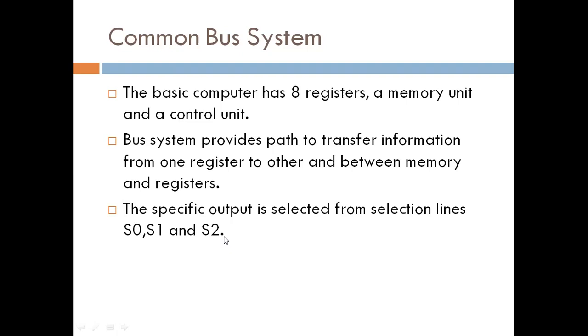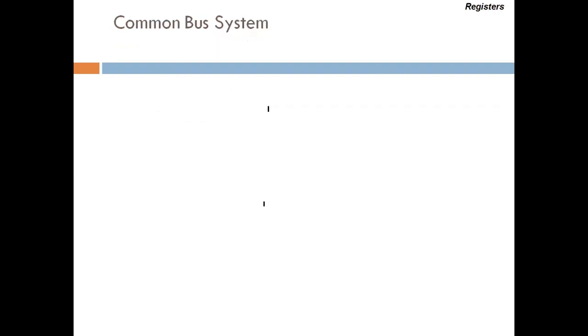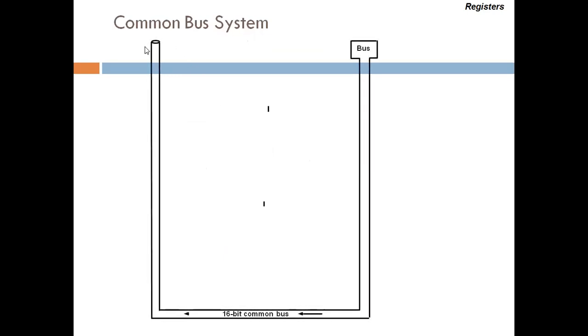Now we are going to discuss the architecture of the common bus system. This is a 16-bit common bus system. It is connected first with the memory unit. Here consider the size of memory to be 4096 by 16-bit. That means at the same time it is going to pass 16 bits of data. There are two signals connected with the memory unit, read and write.